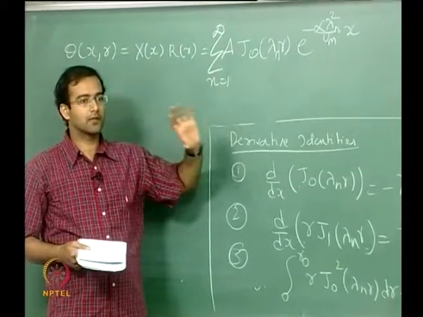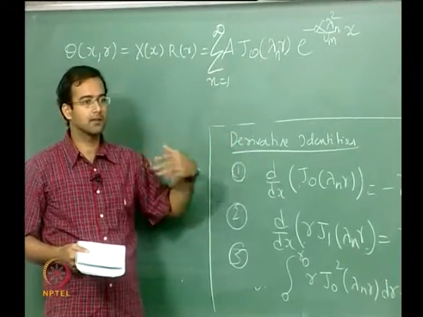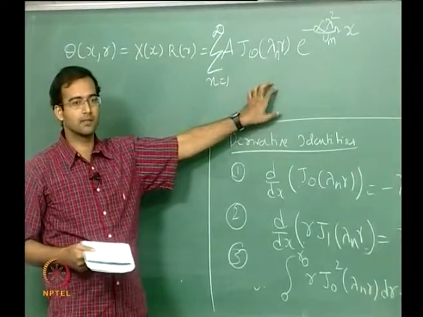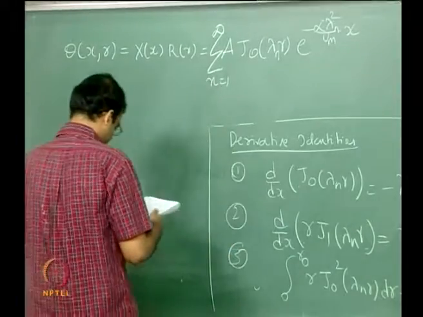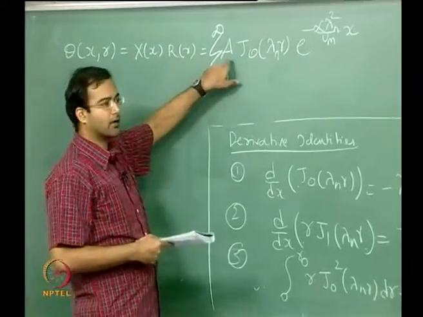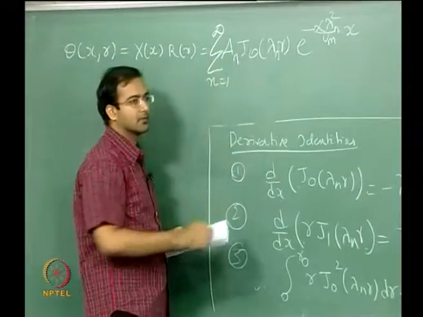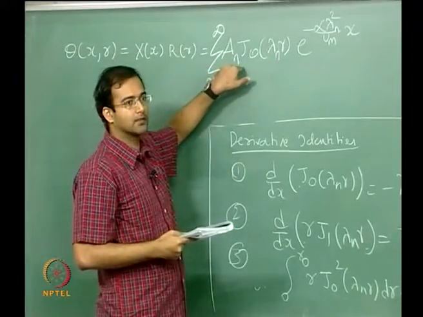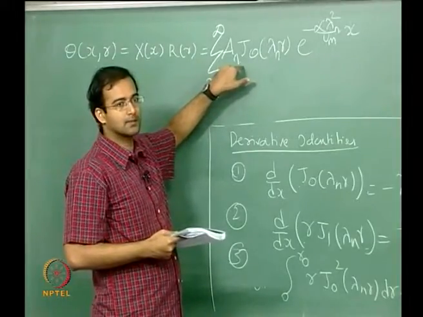Of course the first few terms will be the significant terms, say the first 3 or 4 terms. After that they will be insignificant, and even if you do not include them, it is not going to change the solution much. So this is your final solution, and now the question is, how do we calculate the remaining constant A? This A also becomes A_n, so corresponding to each value of lambda_n you have a particular value of this constant A_n. So now how do you calculate this constant?